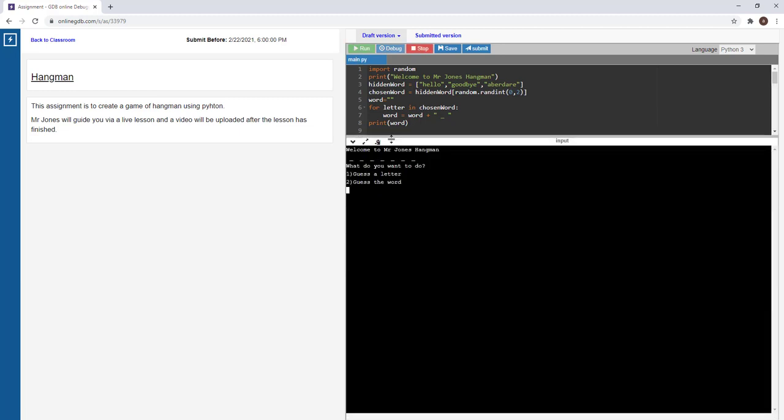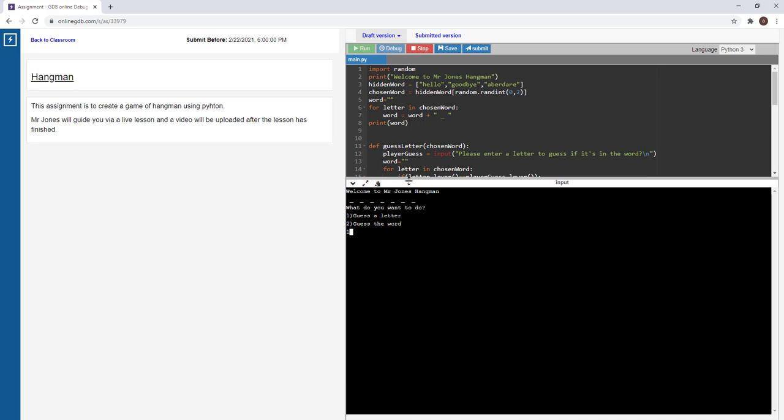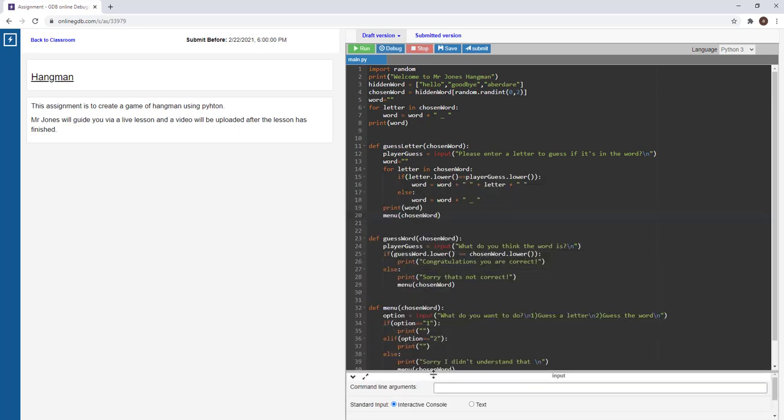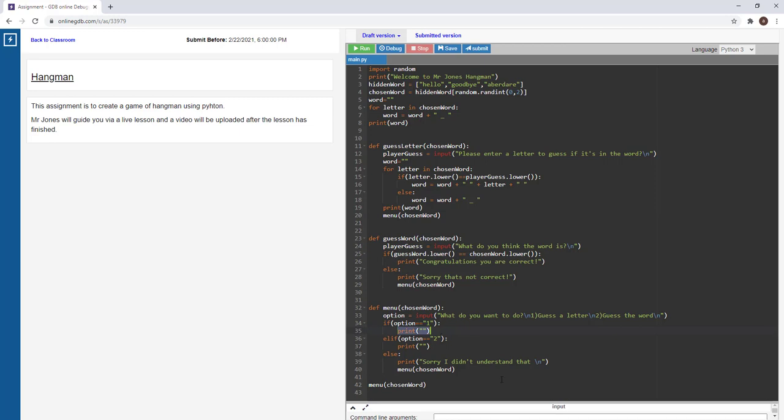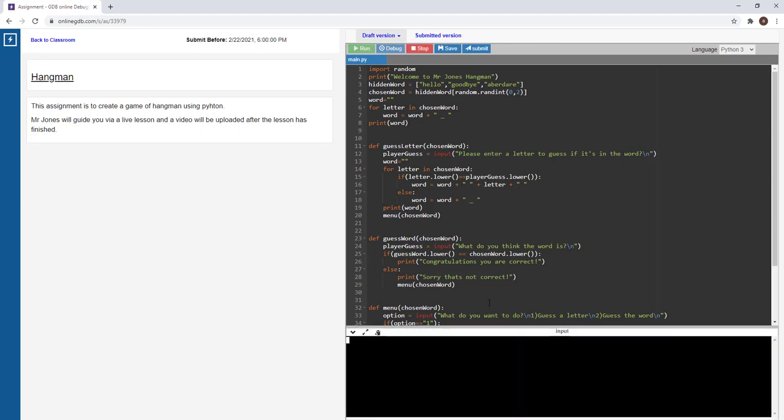So here's my game of Hangman. I want to guess a letter. Oh, it didn't like my guess a letter function. That's why. I didn't tell it to actually do anything with it. I just told it to print nothingness. Here, I want to guess a letter. I want to pass it chosen word. And here, I want to guess the word and pass to it chosen word. Now if I run that,